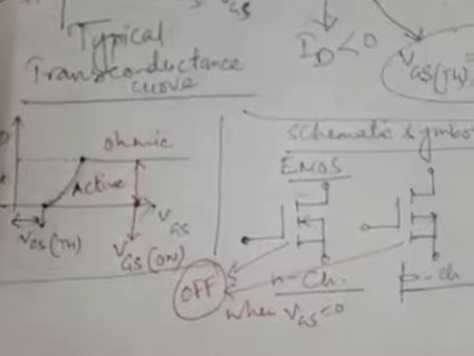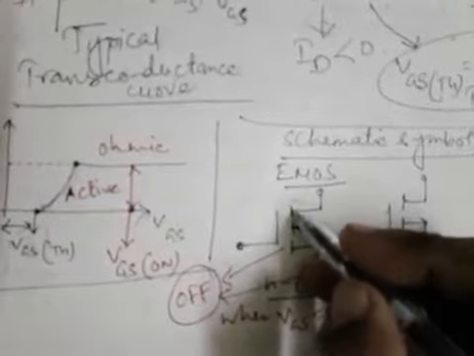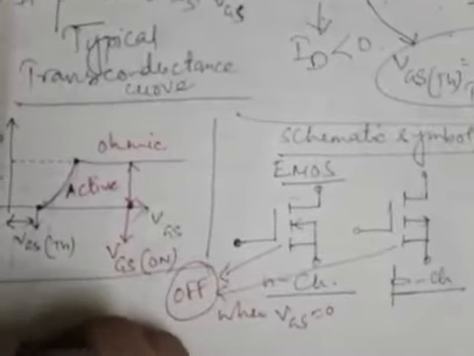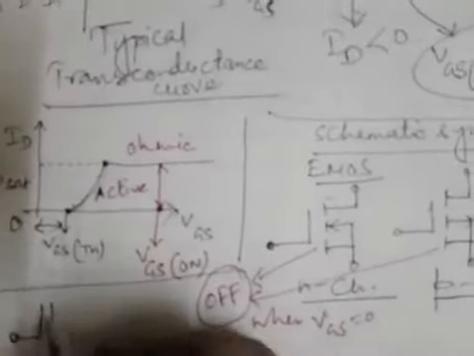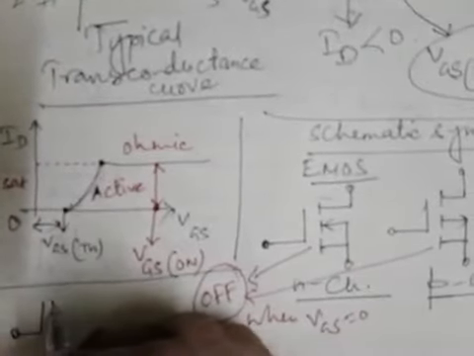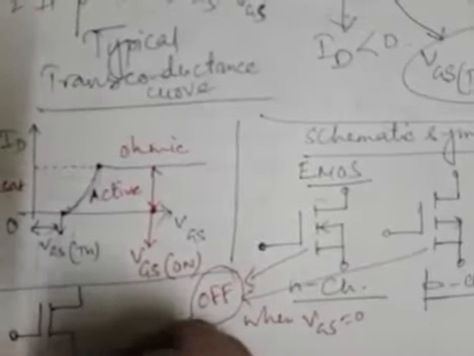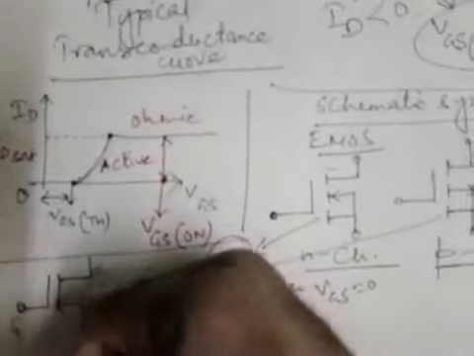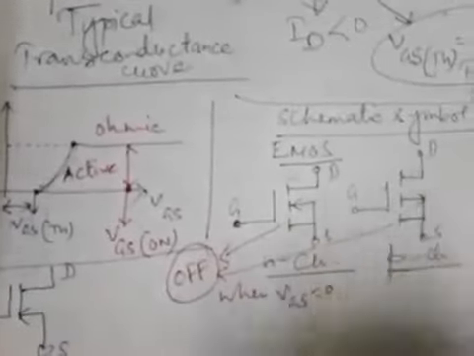enhancement mode MOSFET. Now if we want to draw the depletion mode MOSFET, we may not show this broken line. We can use a bold line. That means to show MOSFETs in depletion mode, we can use this bold line as well, something like this. This is gate, this is drain, and this side is source. I can also mention it here: gate, drain, source.